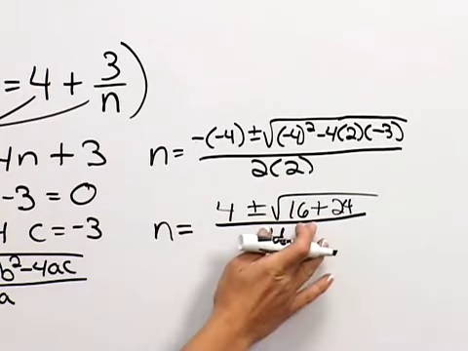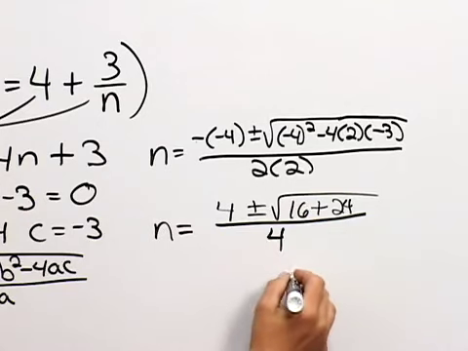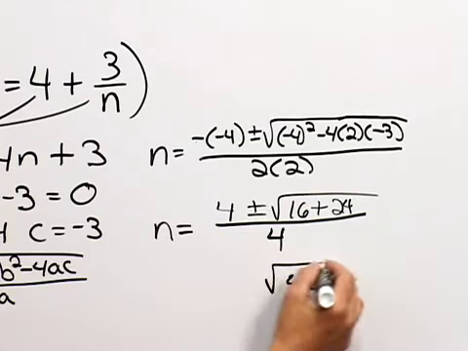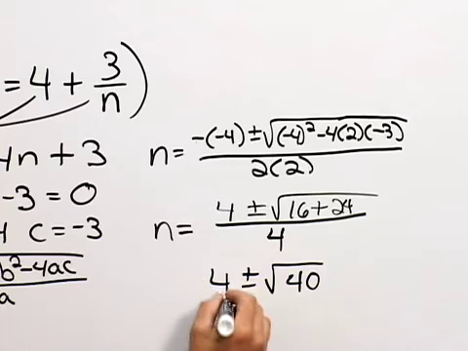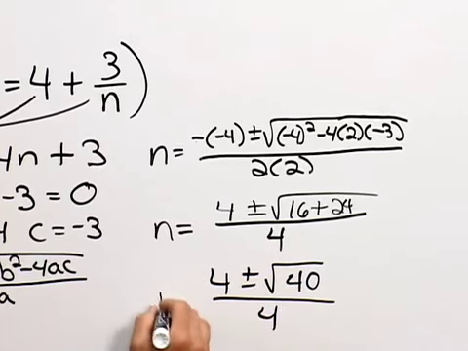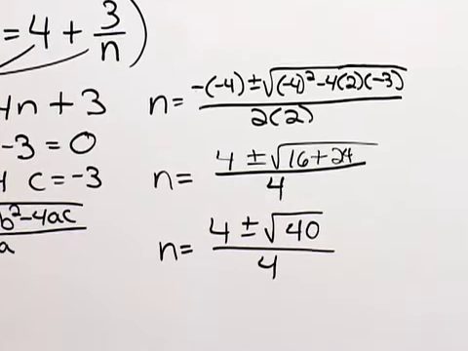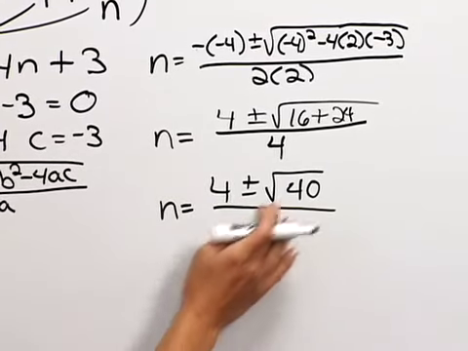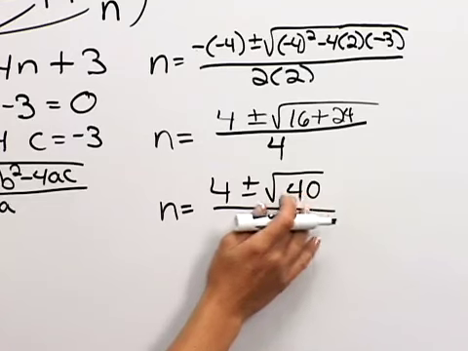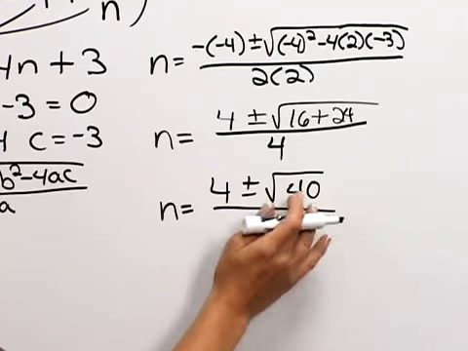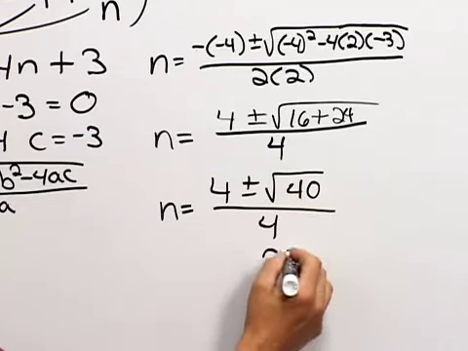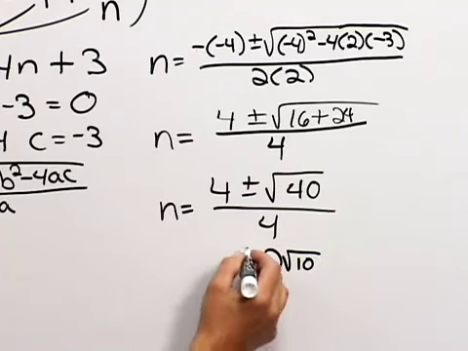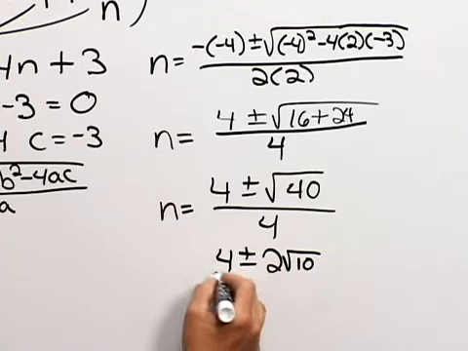Continuing to simplify in our square root, 16 plus 24 is 40. And we are going to now have to simplify our square root of 40. And I notice 4 goes into 40 10 times. So this could be separated into 4 times 10. The square root of 4 is 2, and the 10 we can't do the square root of, so it will simplify into that.